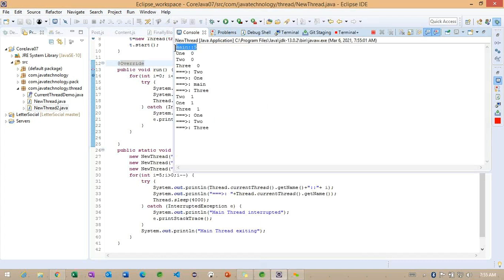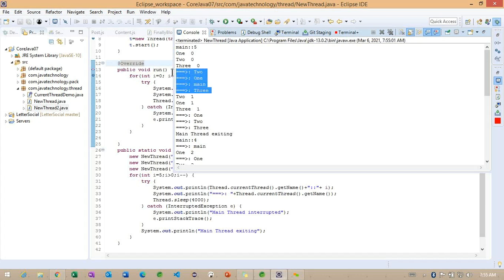Observe here. The main thread is executed and after that 1, 2, 3, because the 3 constructors are called. After calling these 3 constructors, what happened here? The first thread and second thread are executed. Meanwhile, the main thread also executed and later the third one also executed. So see here, there is no order of execution here. They are executing in parallel, so there is no communication between the threads here.